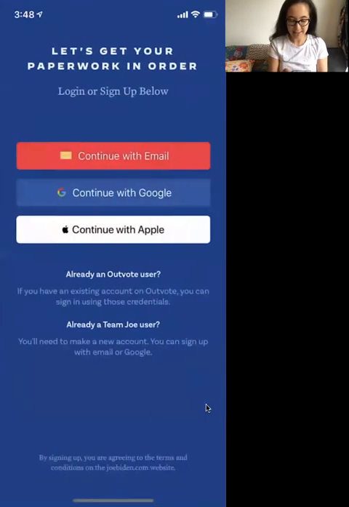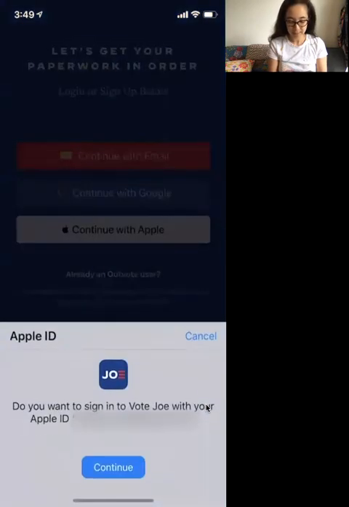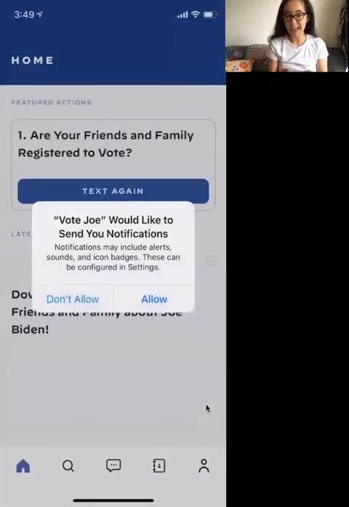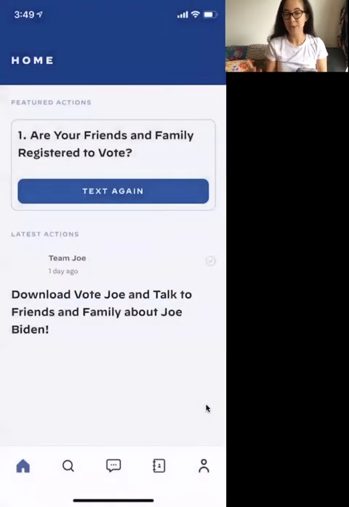and then click next. So if this is your first time using the app, you're going to be prompted with a few more questions to set up an account for yourself. Since I've already created an account before, I'm just going to continue with Apple, but you could also choose to enter your email or log in with your Google account. And then the app will prompt you to allow notifications. This is really important since some of the actions you're going to see in Vote Joe are pretty time sensitive. So do allow those notifications so that you're able to see things as they become available and really see things